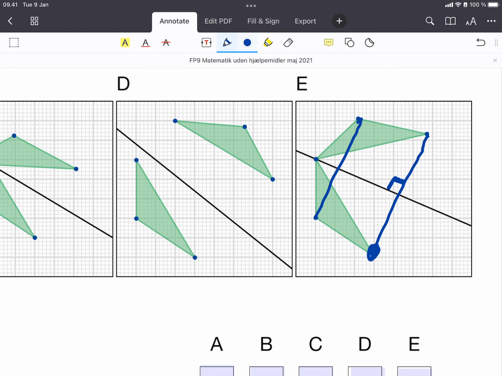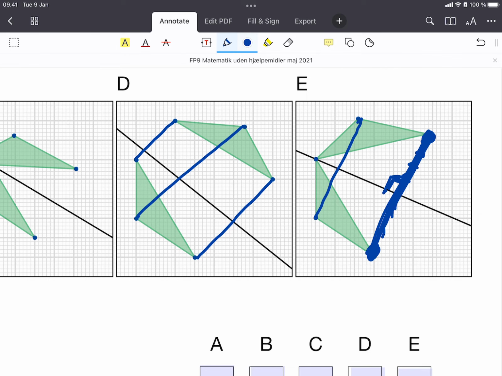You know, if you're standing there and you look at yourself in the mirror, you expect to see yourself directly ahead and the same distance away. So in any kind of reflection, if you join corresponding points, they should cross the mirror line at 90 degrees and be the same distance away from the mirror line. So if we try and imagine that,